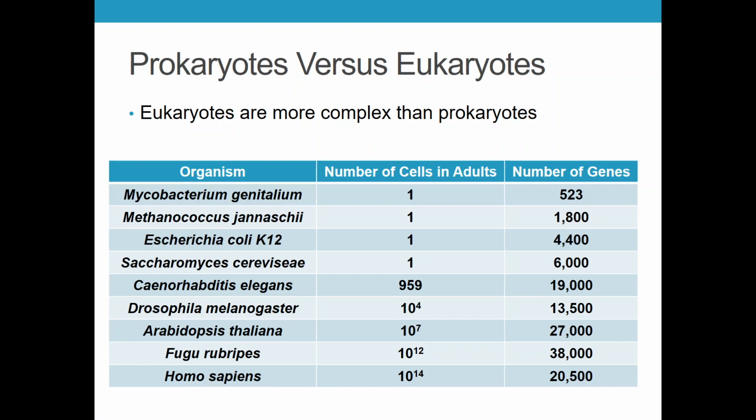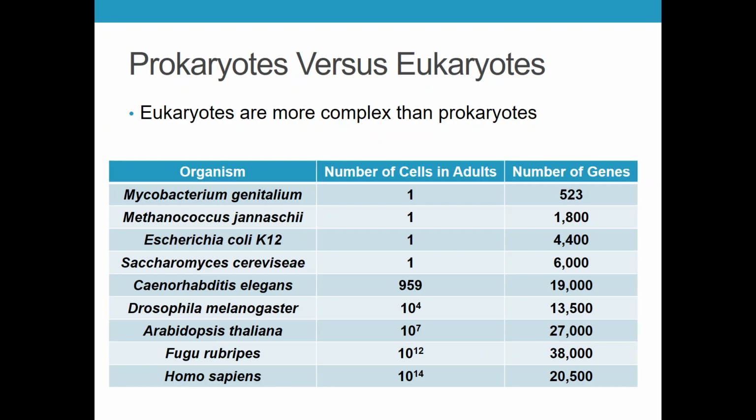Now, you'll see here that eukaryotes tend to be more complex genetically. We have more genes which encode for more proteins. 21,000 genes presumably gives you thousands of proteins it could be encoded for. That does not mean that they are all present at the same time, but there's a lot more complexity in